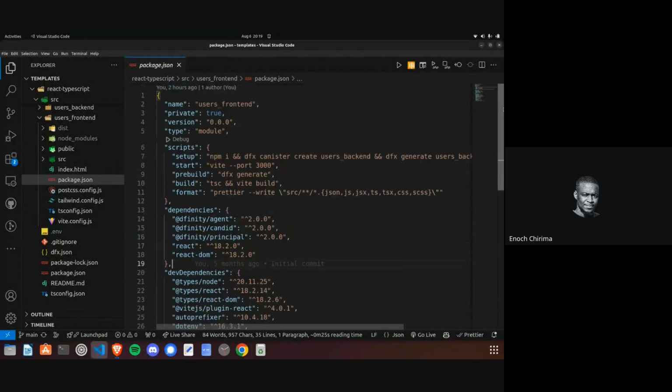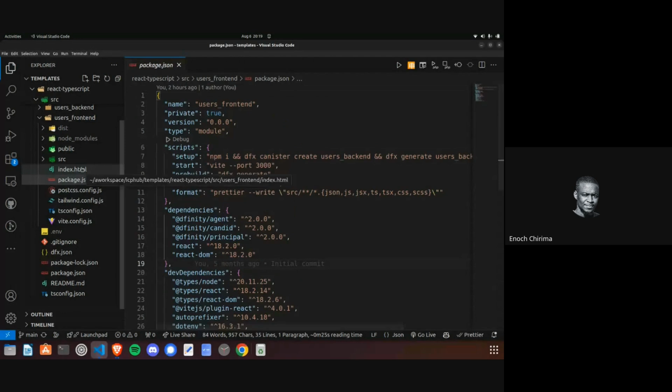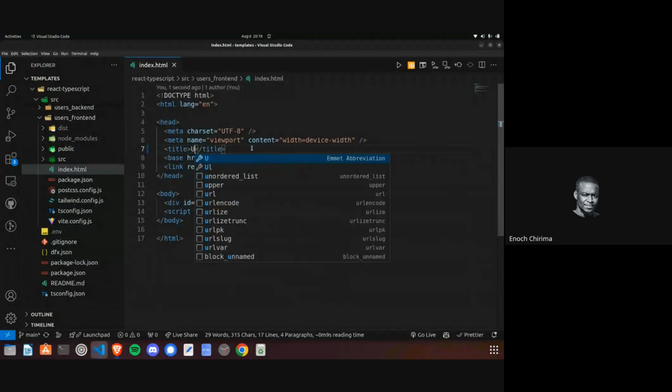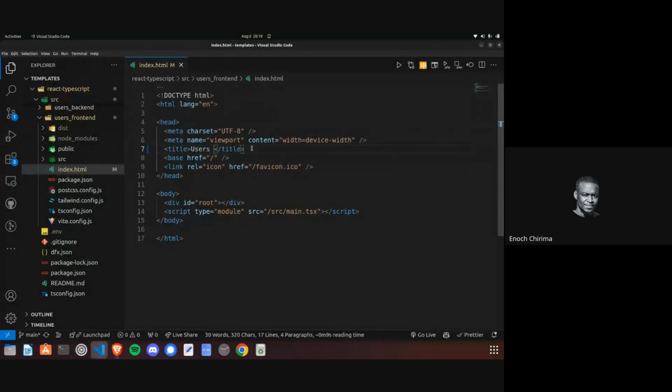And we have the index.html. Let's call it users tab. Okay, and